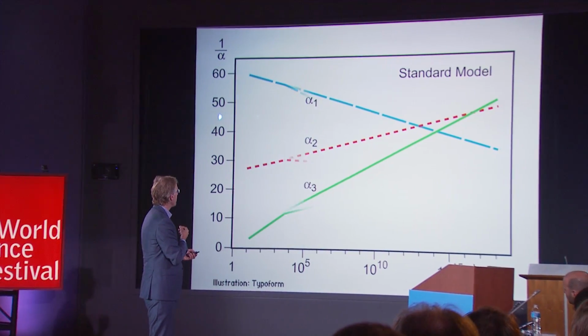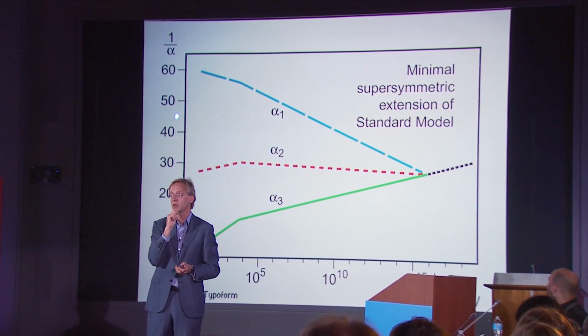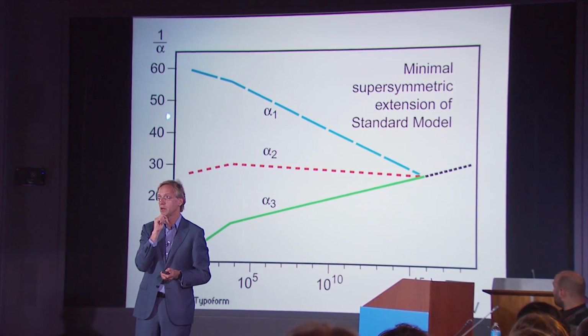The plot becomes even better if you include another symmetry that I now want to mention, which is supersymmetry. So the question with unification always is, is it in our minds? Are we just obsessed that we want to describe nature with one line? Are we obsessed that we should have a single formula describing everything around us?